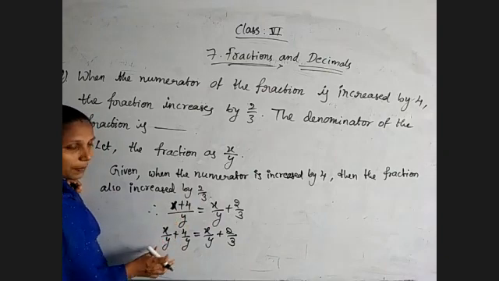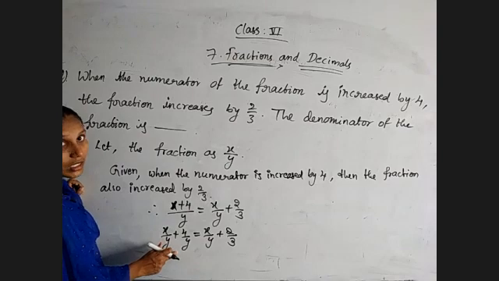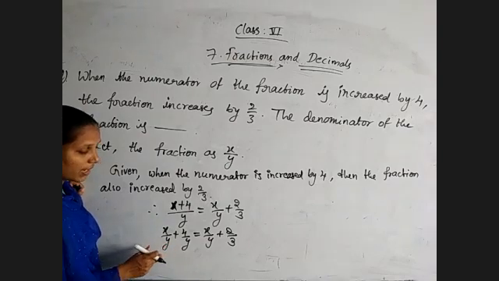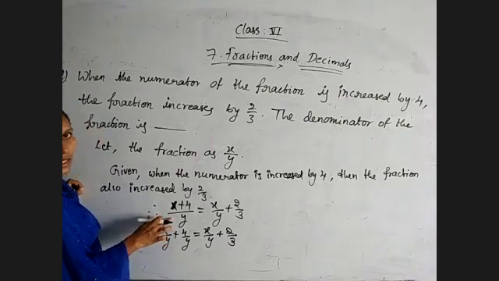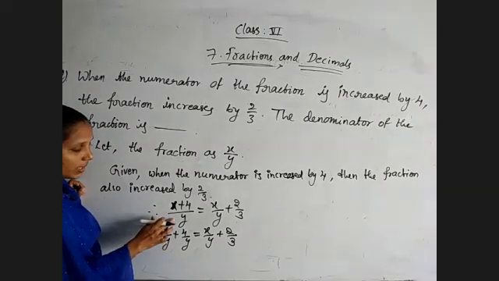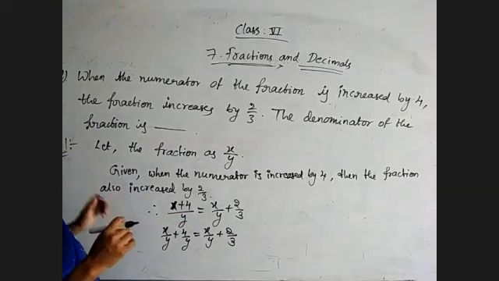I am dividing separately. So x by y and 4 by y are like fractions. They have the denominator y. The sum of those two fractions is equal to x plus 4 by y. So I'm splitting that y for the first number as well as the second number. Okay.